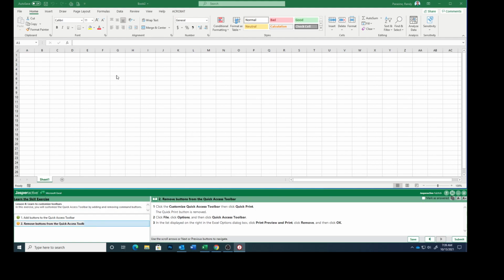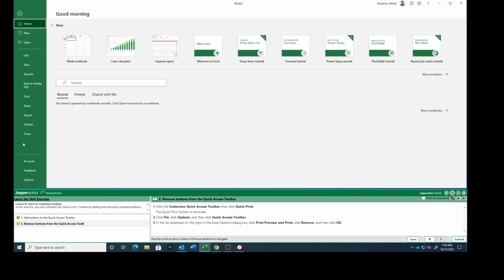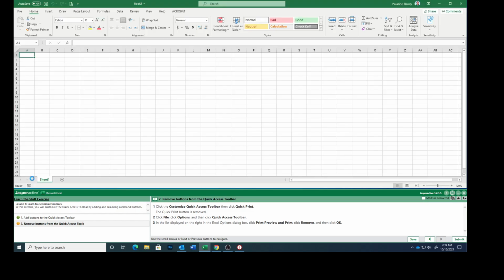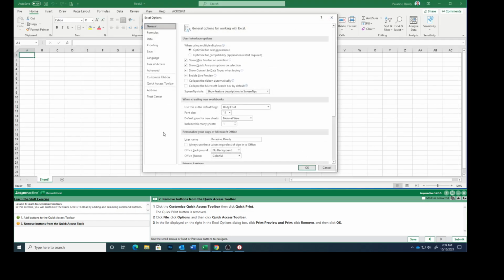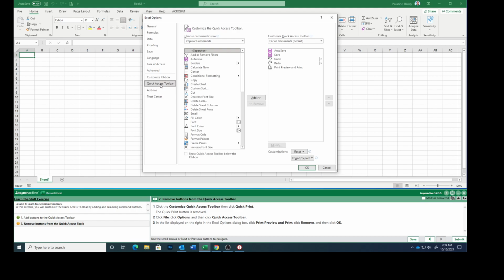Click the Customize Quick Access Toolbar and then click Quick Print. That button is now removed. Click File. Click Options. Then click Quick Access Toolbar, and the list is displayed on the right. Click Print Preview and Print, and click Remove,